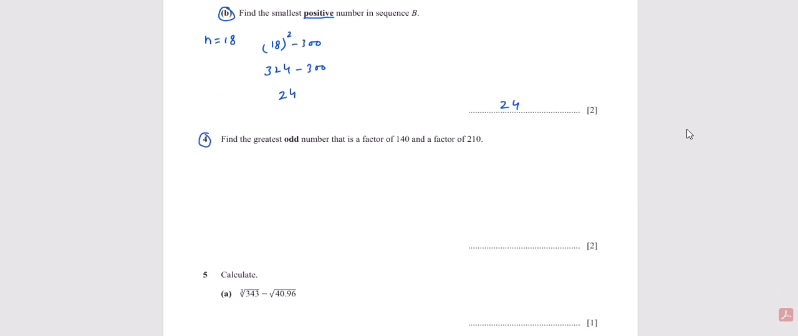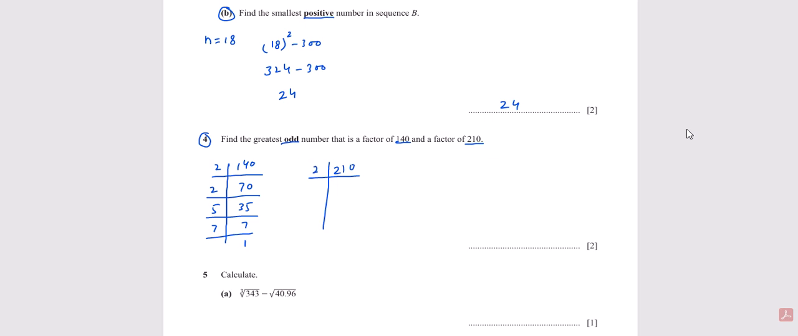Question number 4. Find the greatest odd number that is a factor of 140 and 210. So make factors. 140 divided by 2 we get 70, again by 2 we get 35, again by 5 we get 7, and 7 ones are 7. And now with 210,